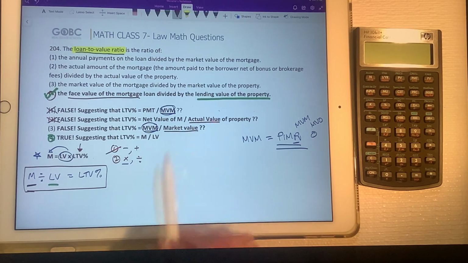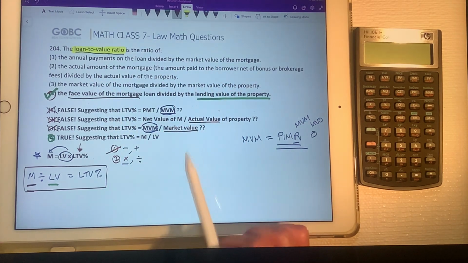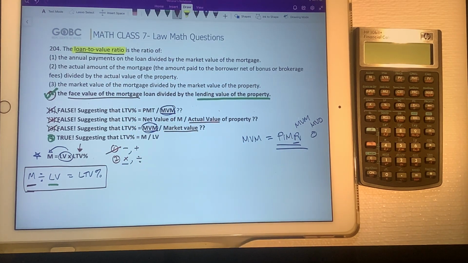Right? And then again, market value is kind of vague. It should be the lending value if you want it to be a 100% true representation of what that loan to value ratio is. Okay, so don't be confused by when they put all of these kind of weird things in here. They're just trying to be sneaky tricky in order to mislead you into thinking that something else sounds